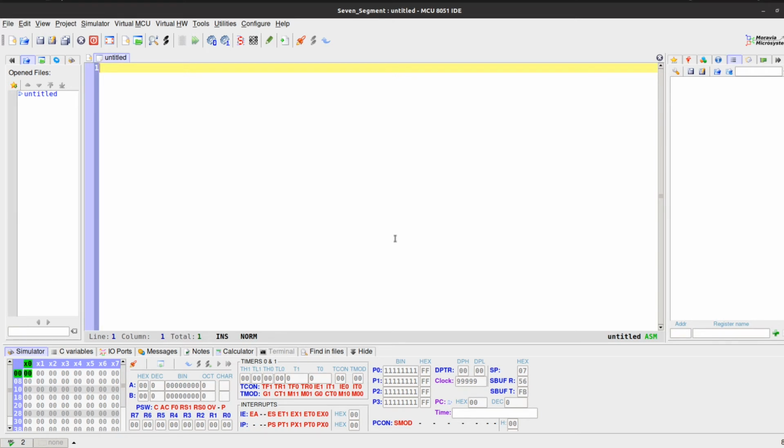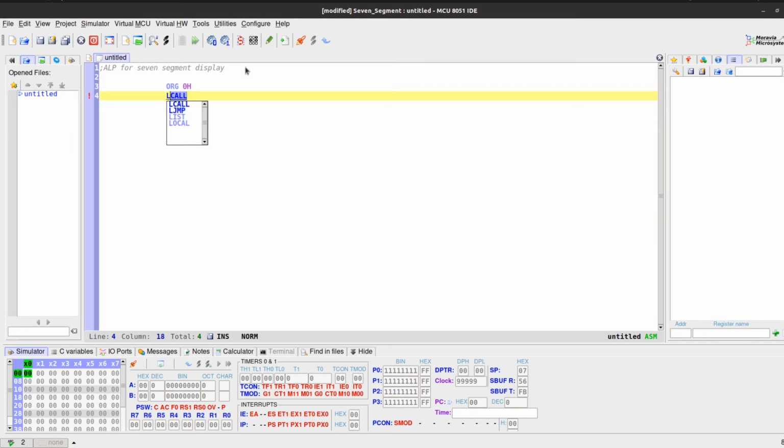Dear students, let us start the program. So this is ALP2 display. First and foremost, origin of the code. So I'll make it 0h. Now here, this is the starting of the code, but if at all we make use of interrupt, we should bypass the interrupt vector table. For that, I'm going to give LJMP long jump to starting from 100h. I'll write the code. This is to bypass IVT, nothing but interrupt vector table.